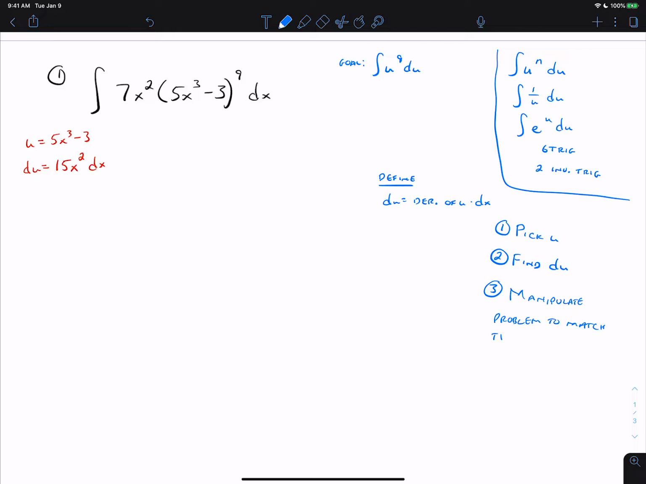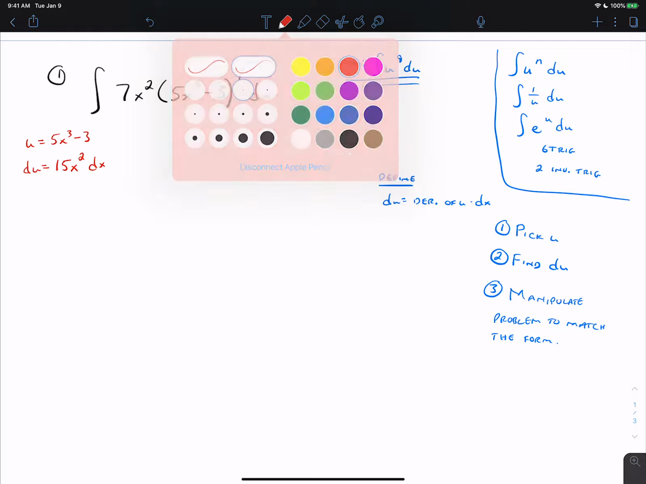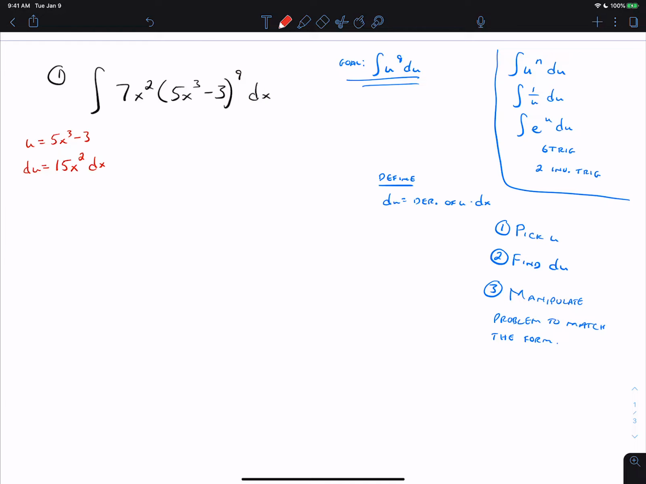So in this case, we want our goal u to the 9th du. So we're going to mess with stuff in the problem to make that happen. So the first thing I'm going to do is I'm going to say, okay, this integral is equal,